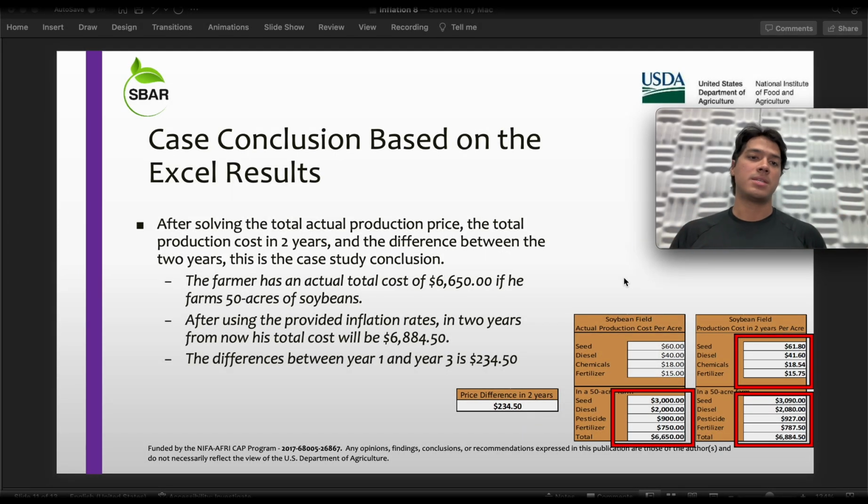Okay, so this is going to be the case conclusion based on the Excel results. After solving the total actual production price, the total production cost in 2 years, and the difference between the 2 years, this is the case study conclusion. The farmer has an actual cost of 6,650 if he farms the 50 acres of soybeans. After using the provided inflation rates, in 2 years from now his total cost will increase to 6,884.50,